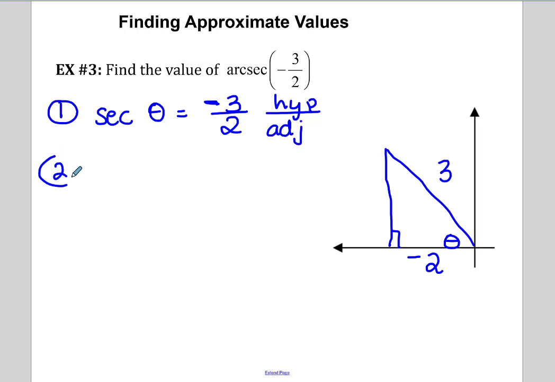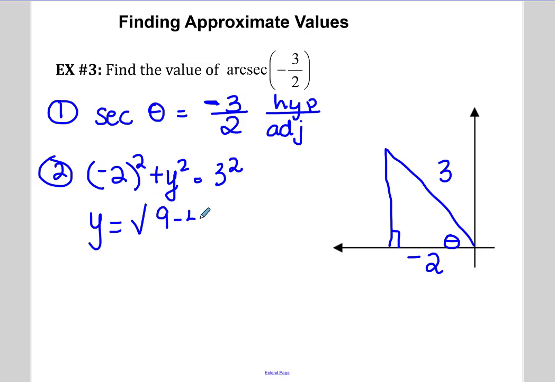The second thing you want to do is find that missing leg. So a squared plus b squared, which is our y value, is going to have to equal c squared, which is 9. So y is going to be the square root of 9 minus 4, which puts this leg as the square root of 5. So on this graph, we move negative on x and positive on y to get that hypotenuse of 3. So the third thing we want to do